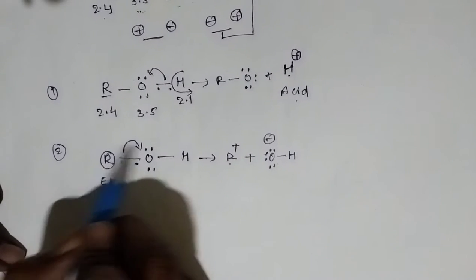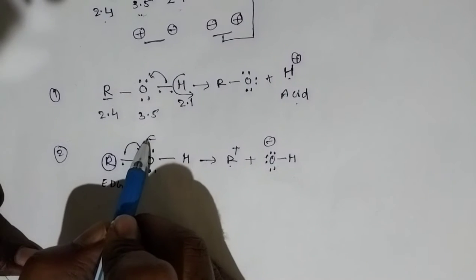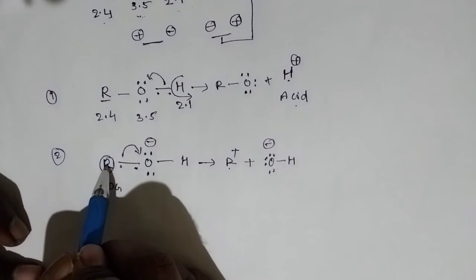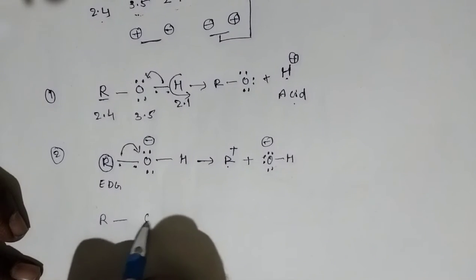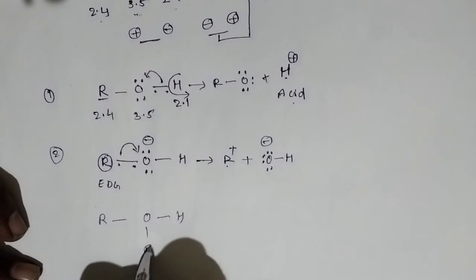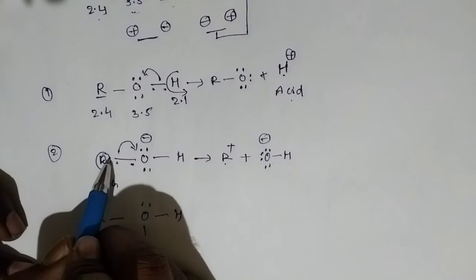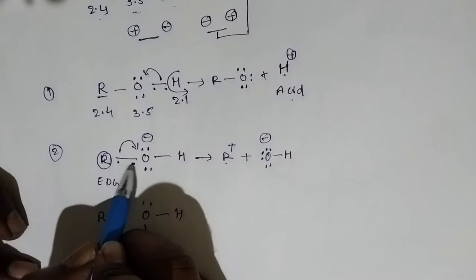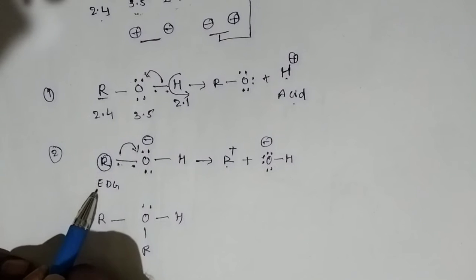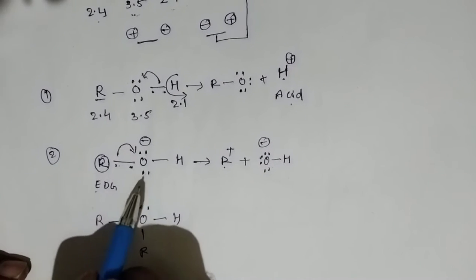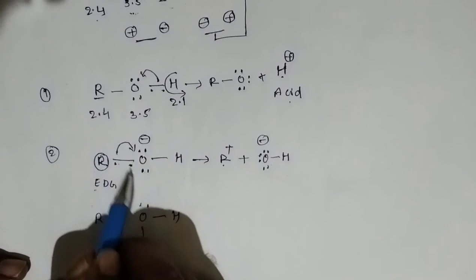So what will happen because of this R group? Basically oxygen has a negative charge. When the R group increases, see in this example ROH, and one more R I will write. By increasing the R group, the number of electrons on the oxygen atom also increases. Why? The R group's nature is itself electron donating. That's why the number of electrons on the oxygen atom increases, which means the negative charge increases.